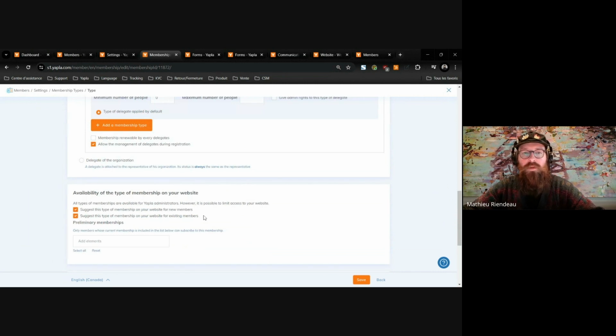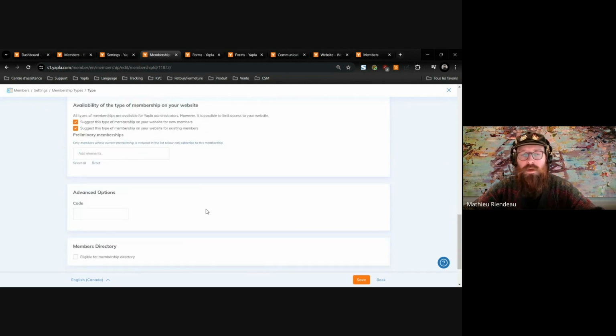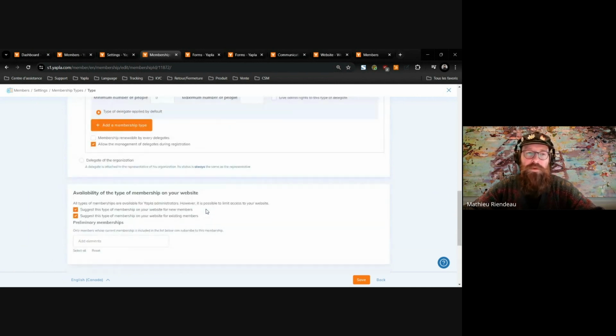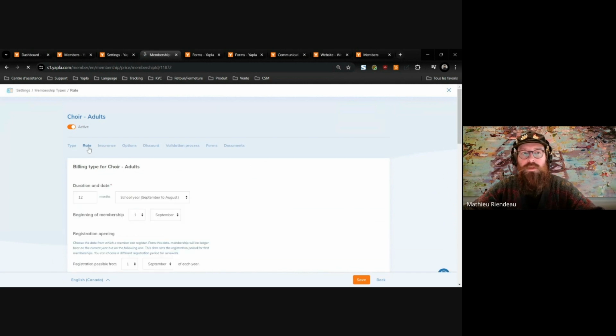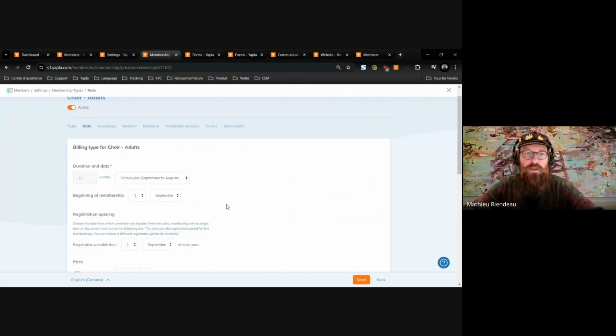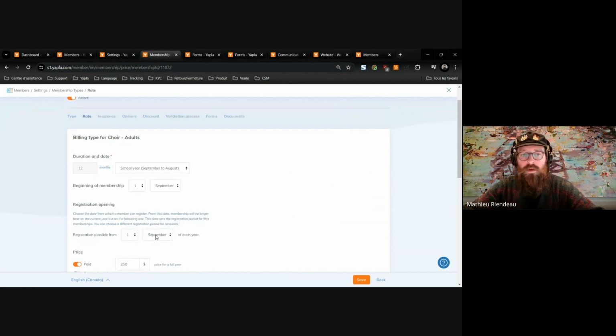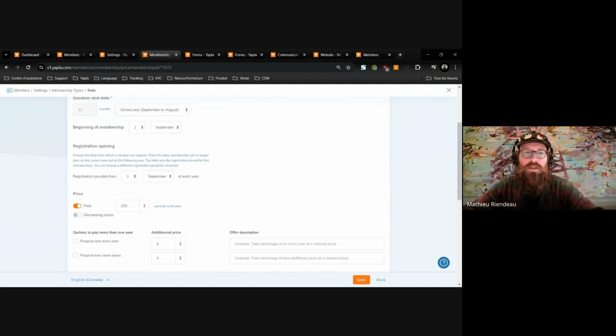Here we are offering that membership for new members and existing members because we want people to register and then be able to renew their membership. Next is the rate, which is used to establish the period of activity of your membership. So here we can see that it's set up to start on the 1st of September and end at the end of August. The registration period starts on the 1st of September, and we see here that it is a